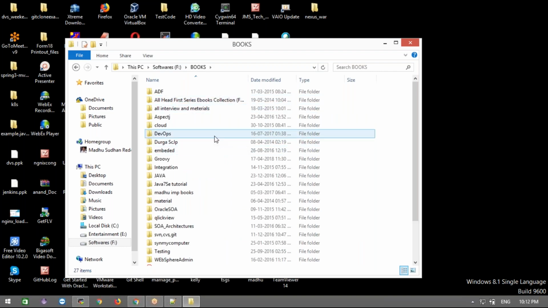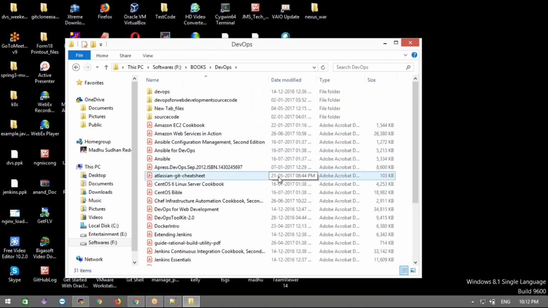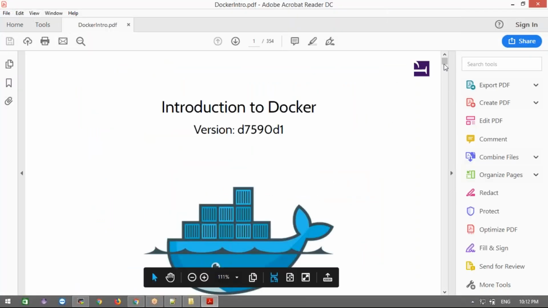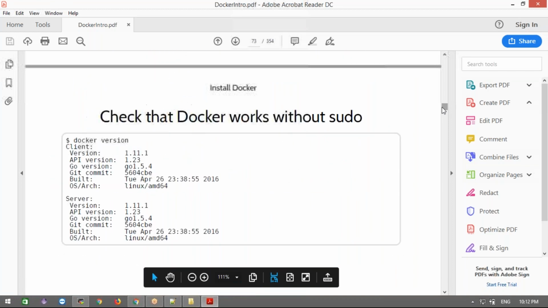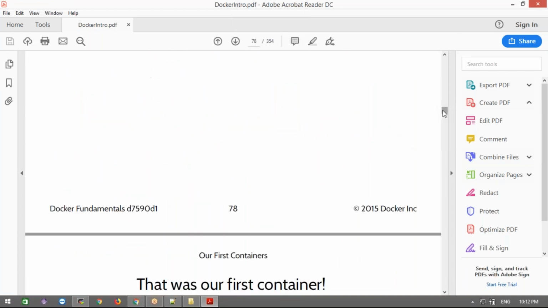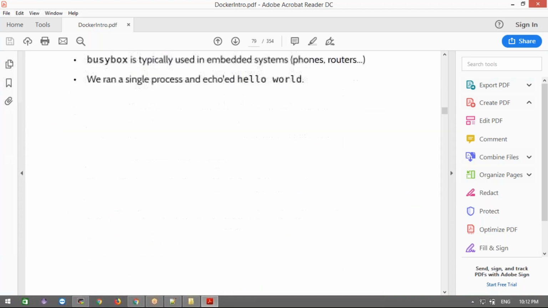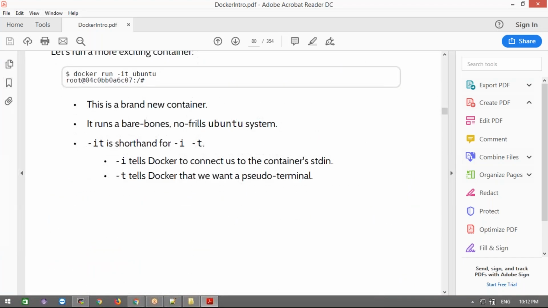Actually, Docker Introduction is a book, and this is that book. These pages are all about Docker only. It's a complete, very nice documentation. Just go through it one by one.